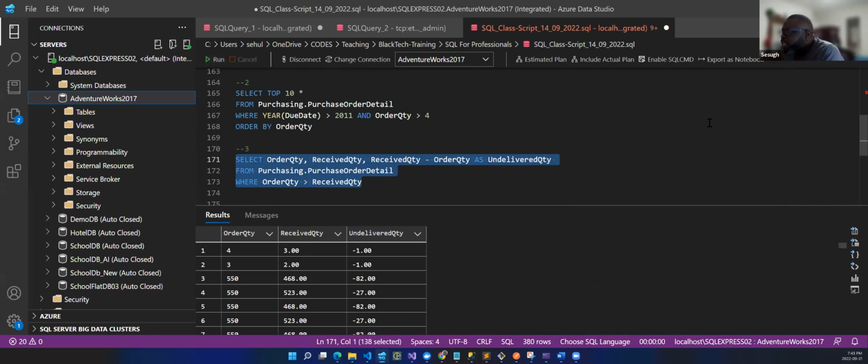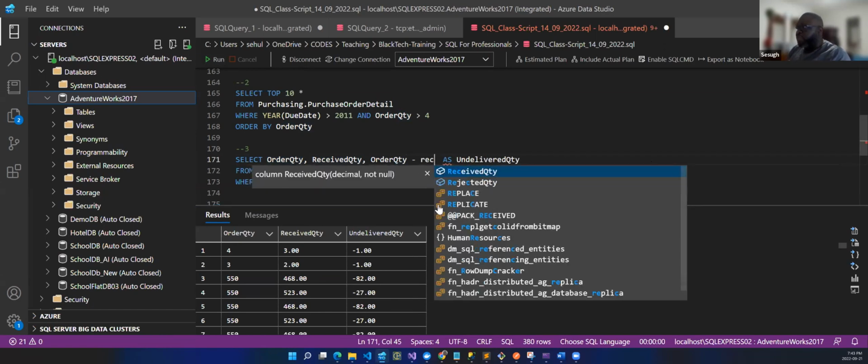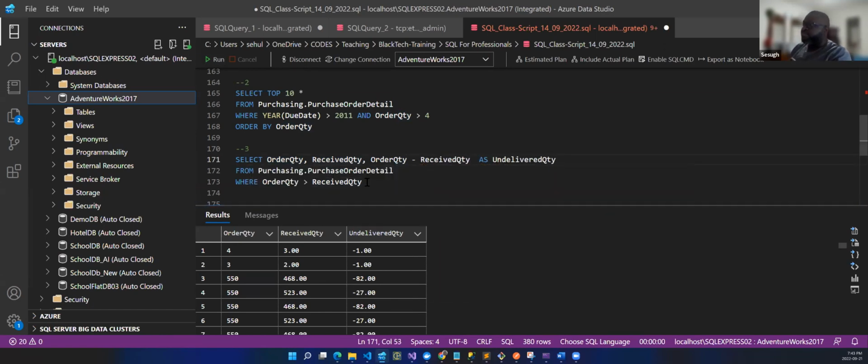Undelivered quantity, we're getting a negative. Okay, we should have order quantity greater than received quantity. So we should have it in the reverse, right? Order quantity minus received quantity. So I'll run my query. So now I have this value. Then we can now move on to the next step. The next step is we want to also find out what the refund will be. Remember, we have,